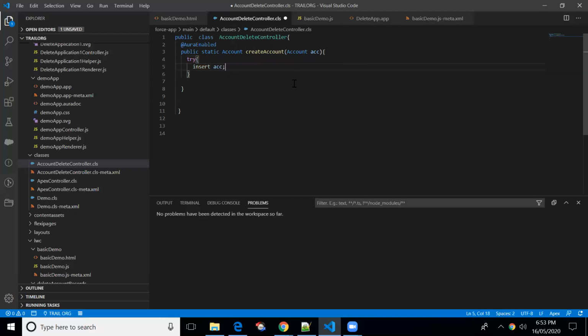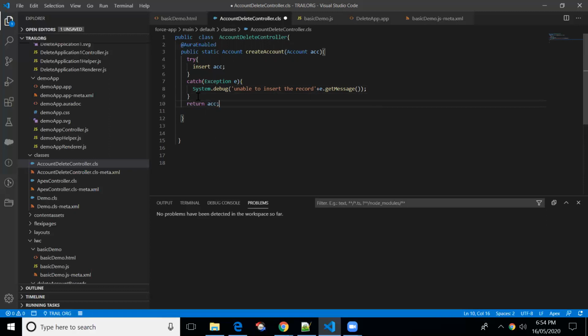While inserting the record, we may get an error, and that error will be handled in the catch block. Exception e, I'll just put system.debug unable to insert the record. If you want to know the message, we get it with the help of the reference variable name dot get message, right? I'm just returning the account here.